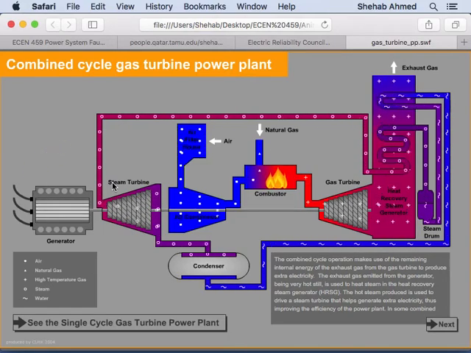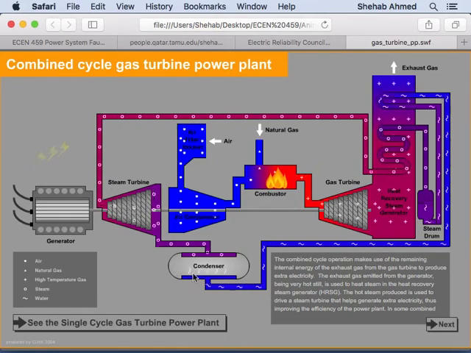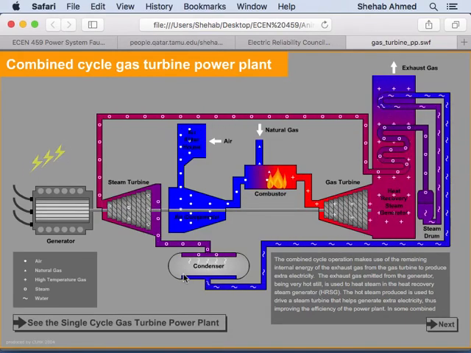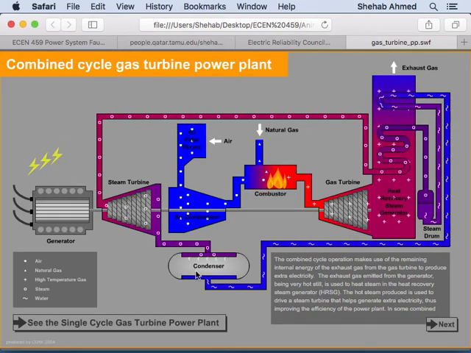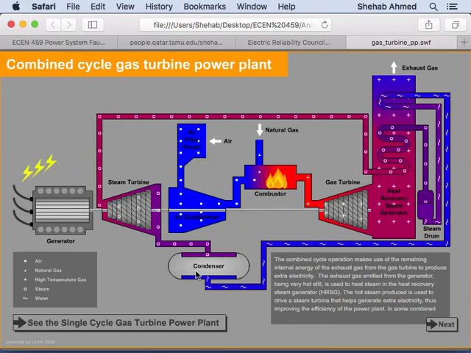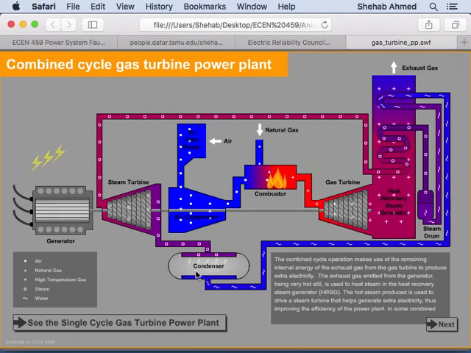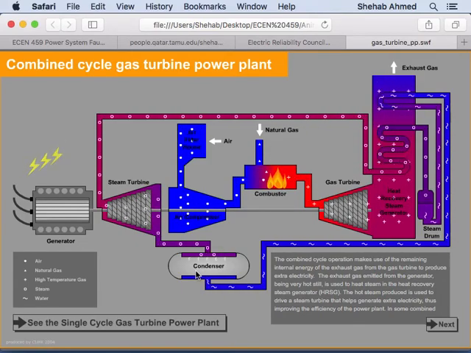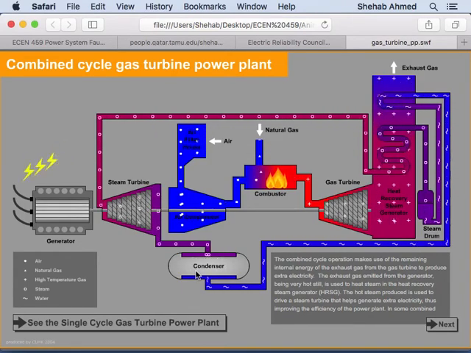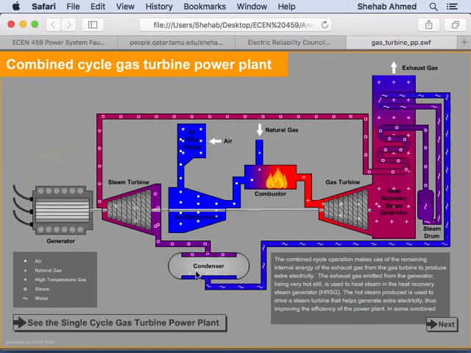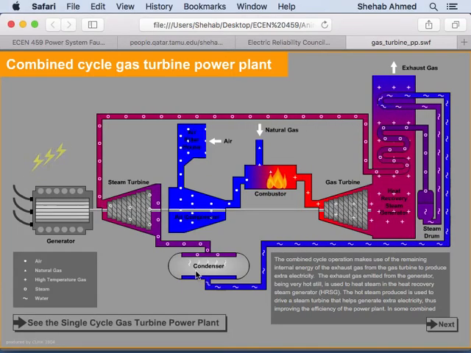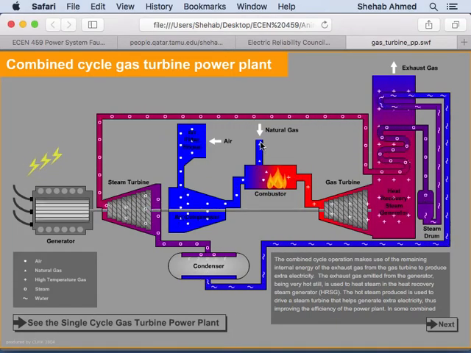But you needed cooling water. It's not shown here, but this is what this condenser means. The condenser condenses the steam. How does it condense it? Using cooling. So you can use what is called a cooling tower, or you will bring in water from the ocean, etc., right? So most of the power plants that are in Qatar are operating in a combined cycle, but